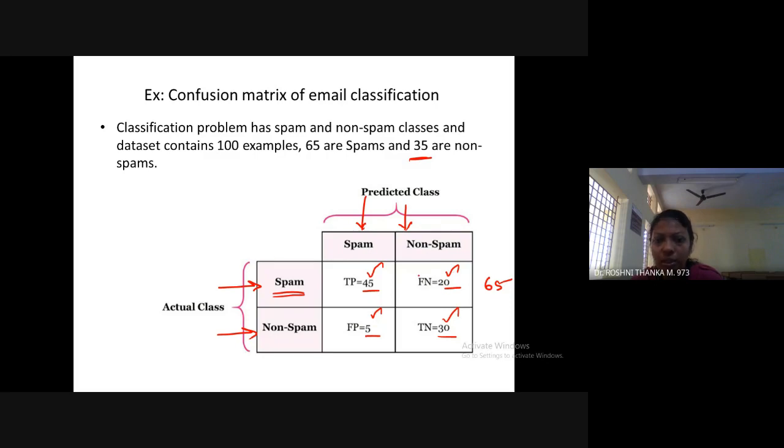Okay, so this is what we can interpret from this. When you take this column-wise, the column represents the prediction, and this row represents the actual value. Here, 45 are correctly classified as spam and 5 are wrongly classified as non-spam mail. In this row, 30 are correctly classified as non-spam mail and 20 are wrongly classified as spam mail. So I hope you got an idea of how to interpret this